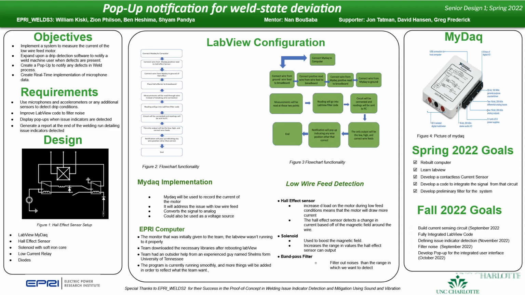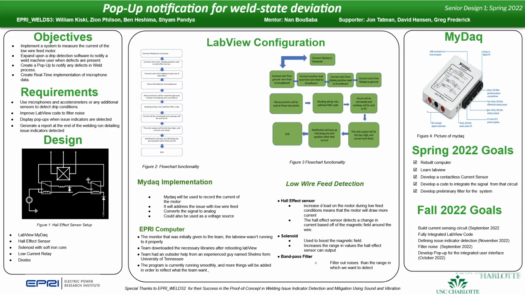The objectives for this project are to implement a system to measure the current of the low wire feed motor, as well as to expand upon drip detection software to notify a weld machine user when defects or drips are present, to create a pop-up to notify of any defects in the weld process, as well as create a real-time implementation